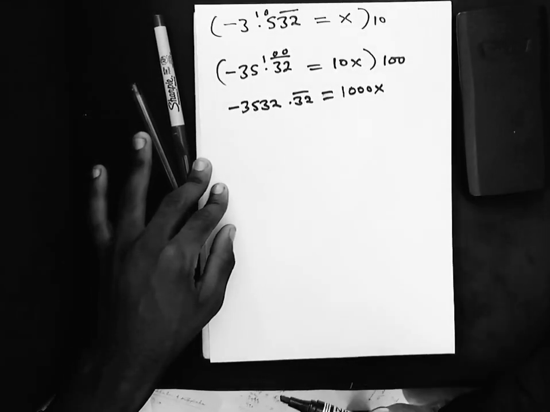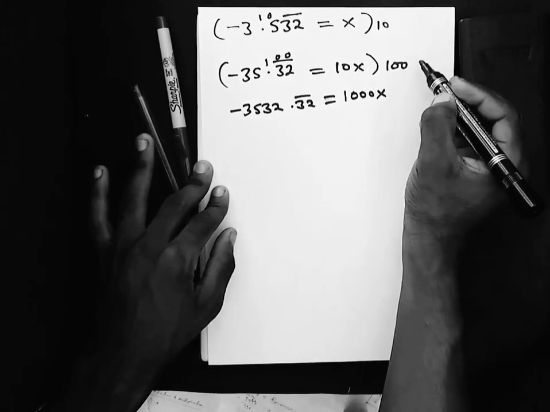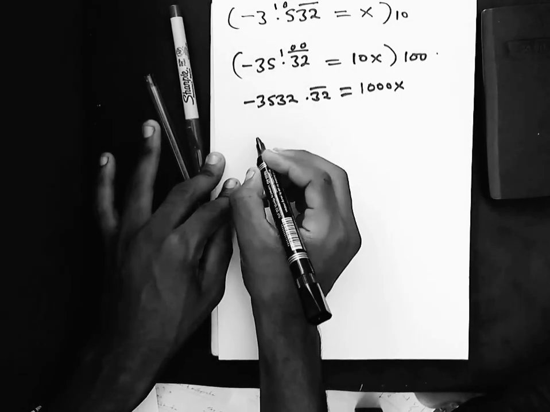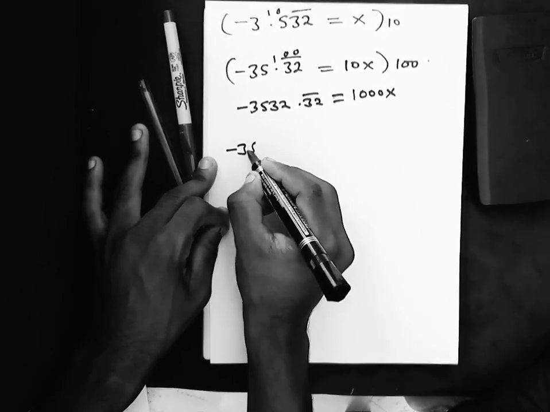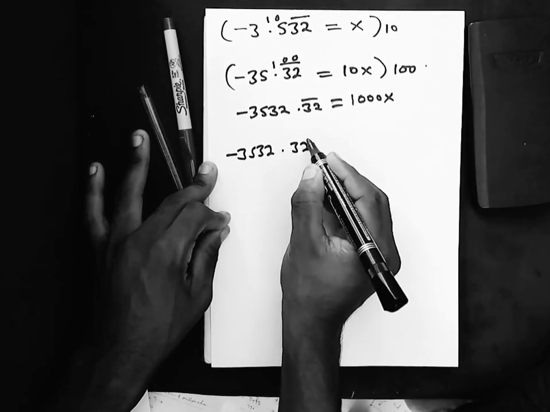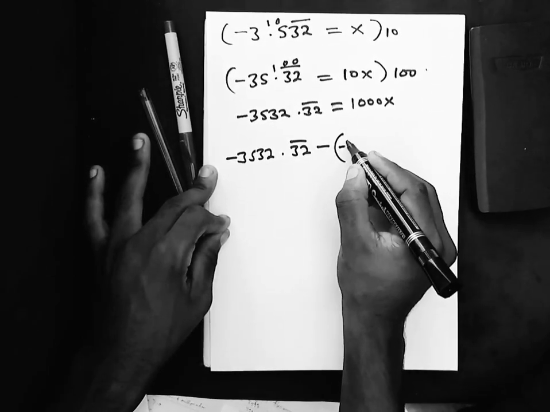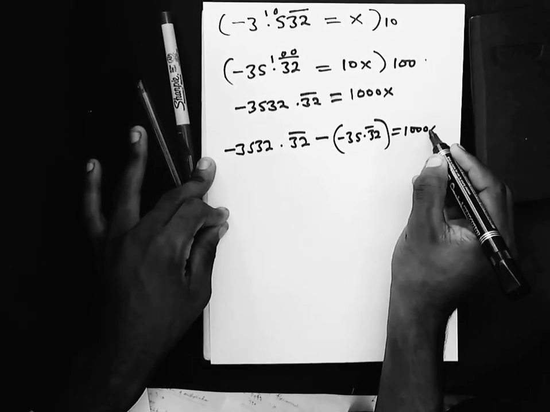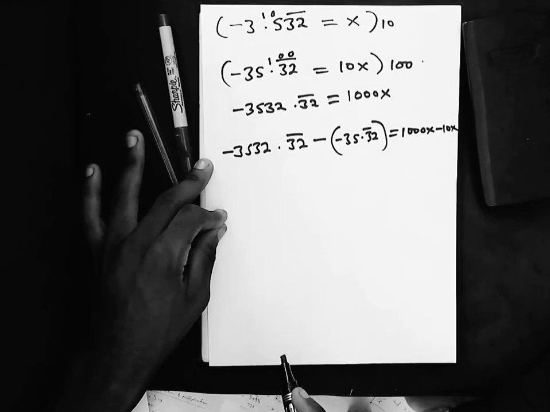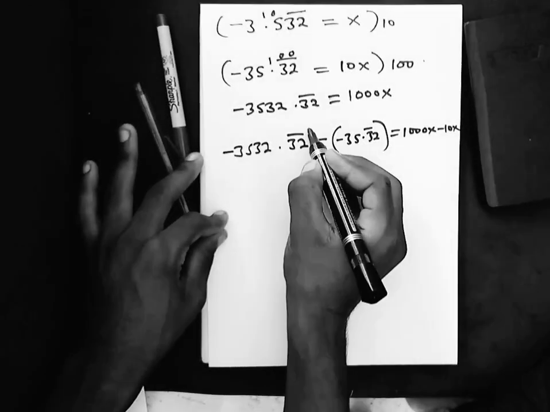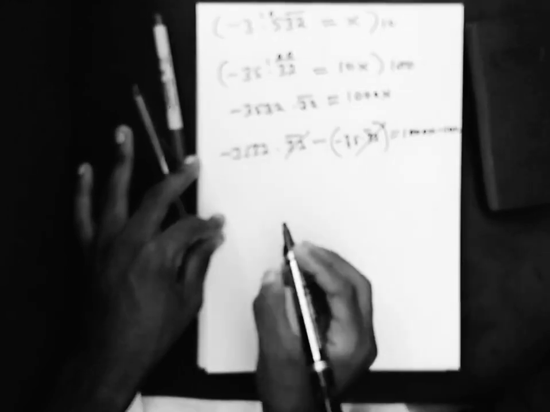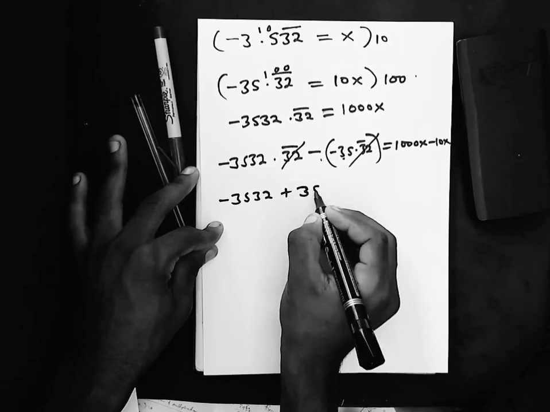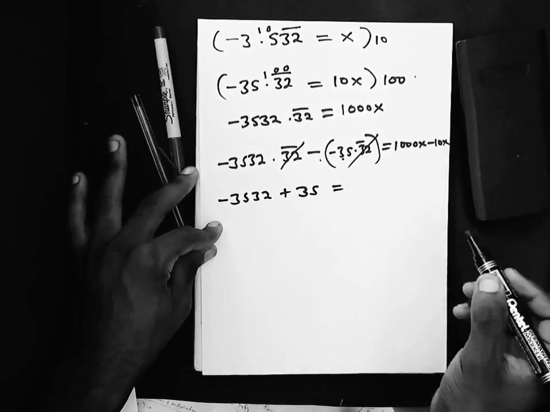Okay, then you subtract. Your subtraction is going to be based on the second equation and the third equation. So you subtract the second equation from the third equation. So you are going to say negative 3532.32 bar minus negative 35.32 bar, okay, should be equal to 1000x minus 10x. Okay, when you subtract these figures, you realize that this and this is going to cancel, then these will be additive. Okay, so it's more like you've got 3532 plus 35, which should be equal to 1000x minus 10x,